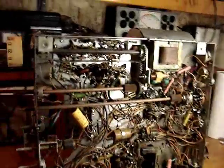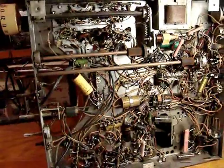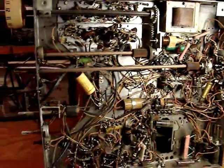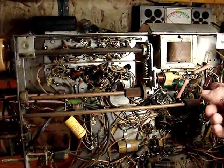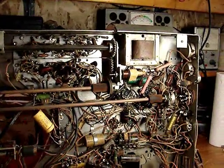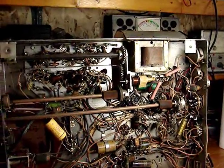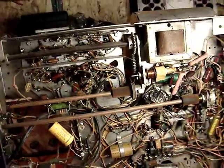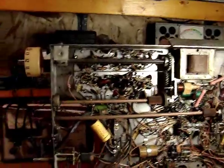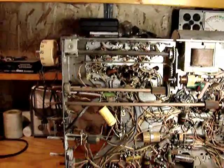So here's the underside of the set. It's loaded with those notorious bumblebee capacitors that will need to be replaced. This looks like a replacement by a tech at some point or another. It doesn't match what's in here. Here's another one in here. I don't know, that one may be original, but these bumblebee capacitors, as I've been learning from other YouTubers,